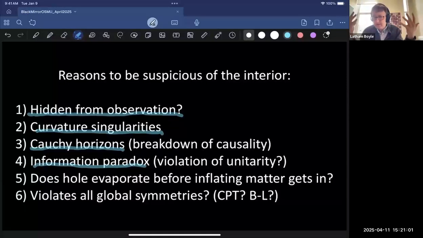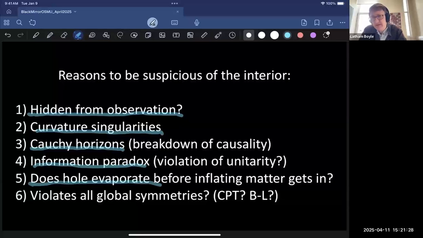So, is it really true that the infalling matter managed to cross into the interior? If somehow before it even got to the horizon, the whole thing evaporated, it seems to cast doubt on, again, whether the interior is real. And then a final puzzle, which I don't hear talked about a lot, but which